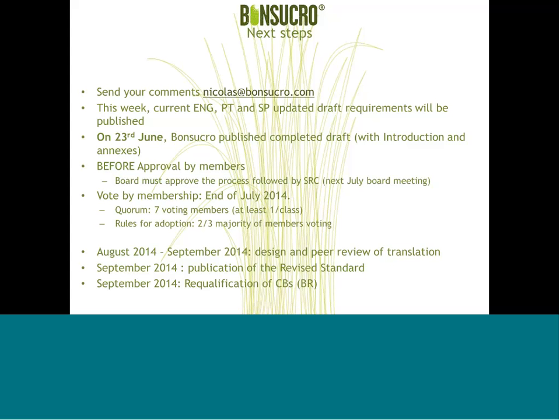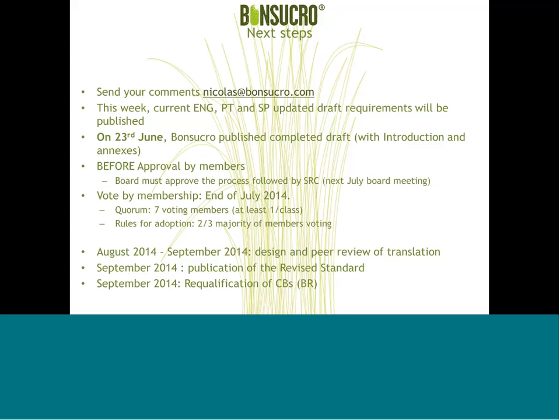The third step is the approval of the board. The board must approve that the Standard Revision Committee and Bonsucro have followed the procedure and process for revision of the standards. This will take place at the next July board meeting, which is in a few weeks' time. When the board has recognized that we followed the process of revision, we will be able to put the final text, standard and guidance forward to members for approval. The vote will take place by the end of July,